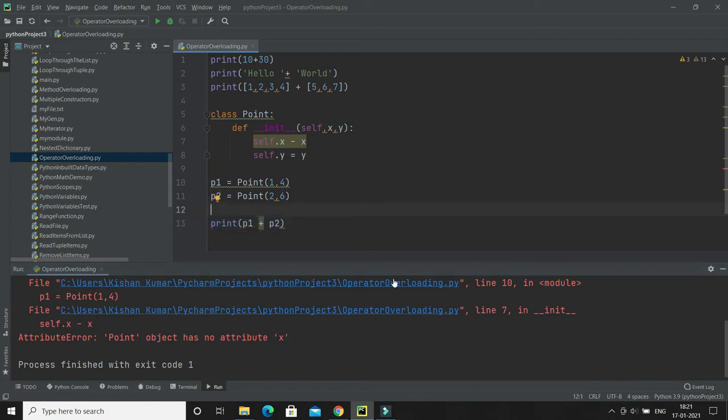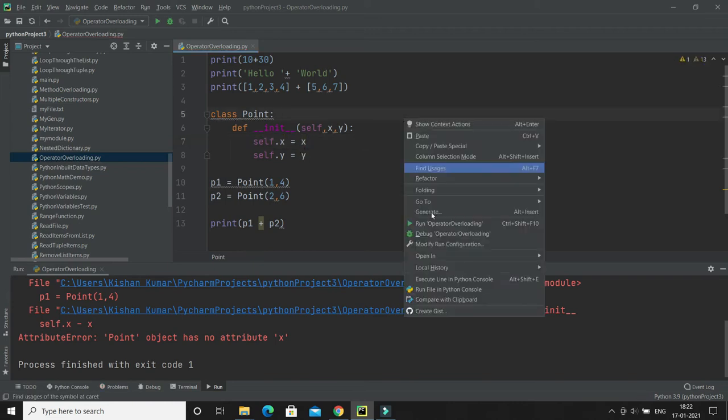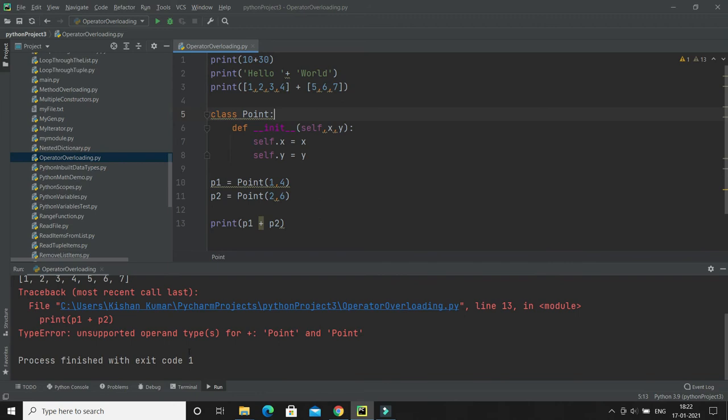Why this is not working. Basically, okay, sorry guys, the error here is something else. Here I was supposed to give an equal to sign. If I run now, let's see. Now we are getting the correct error, a type error, saying unsupported operand type for plus. So the operand types we are specifying, p1 and p2, are not supported by the plus operator. That's basically the error it is showing.